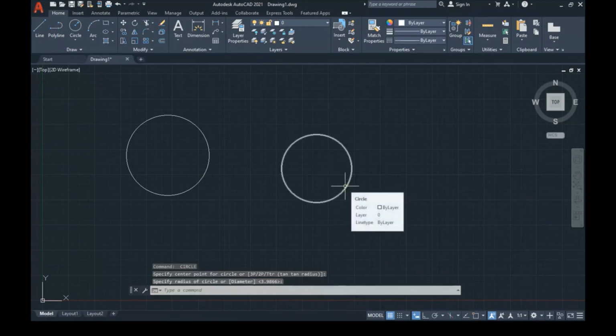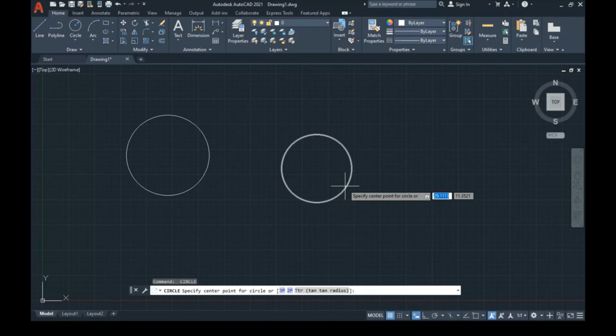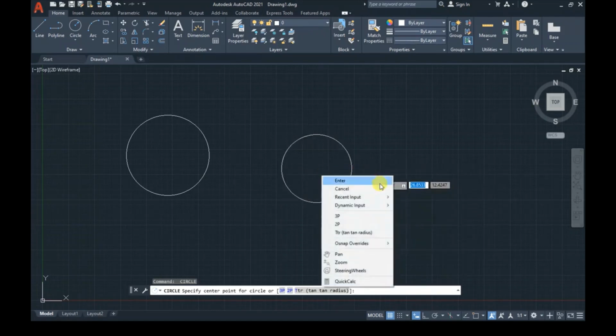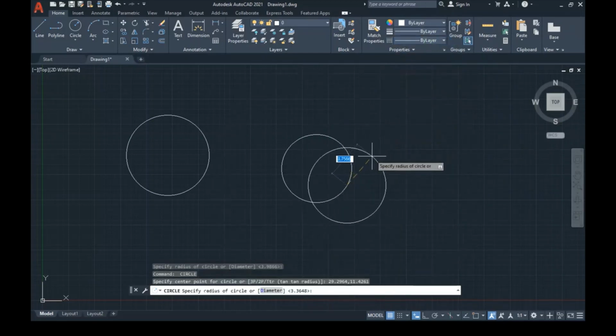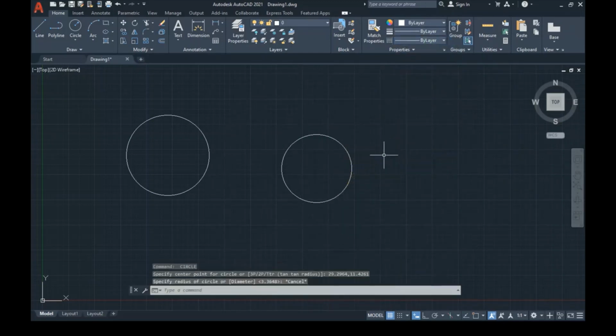Now see the magic. Again I press spacebar. I have a circle command available. Now I have to use center. I can right click and choose recent input. So many recent inputs.